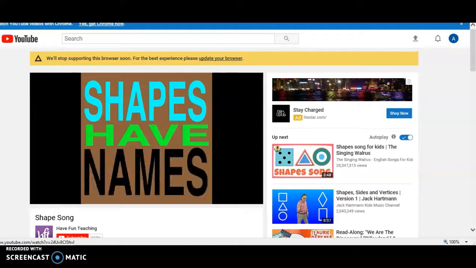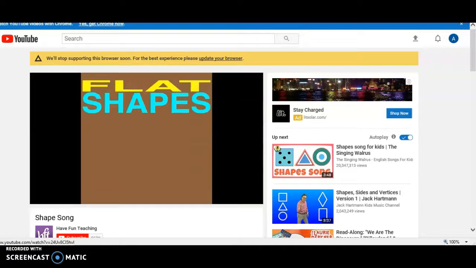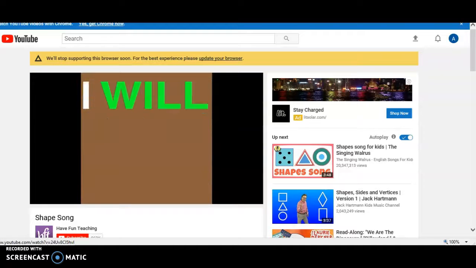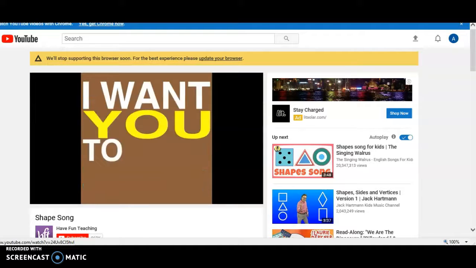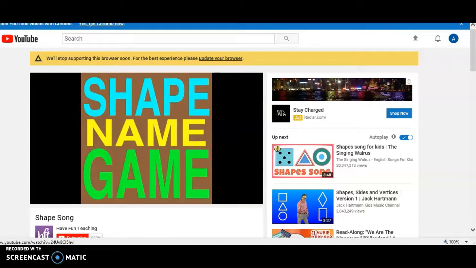Shapes have names, they're made of angles and lines. There are flat shapes and solid shapes, we see them all the time. Now I will say a shape, I want you to say it too. We'll play the shape name game, that is what we like to do.